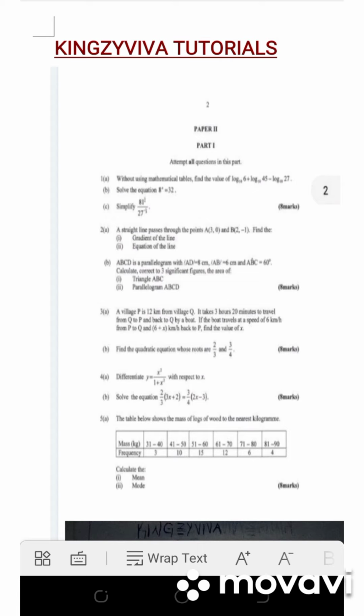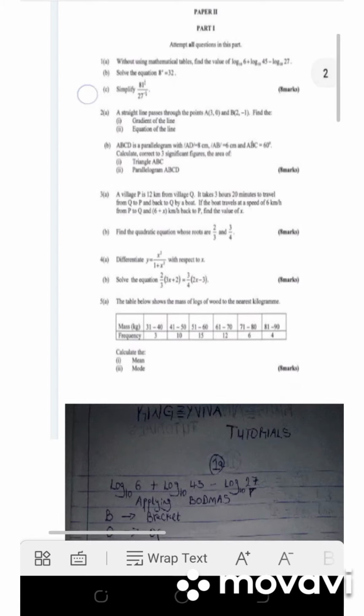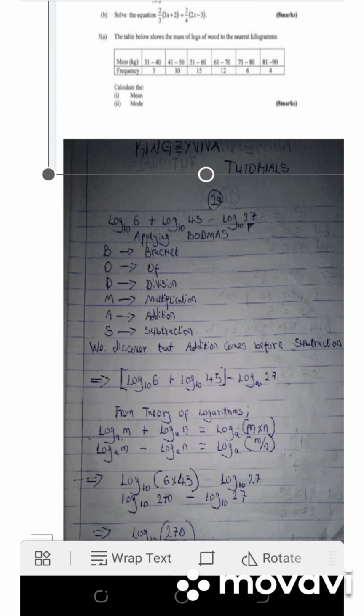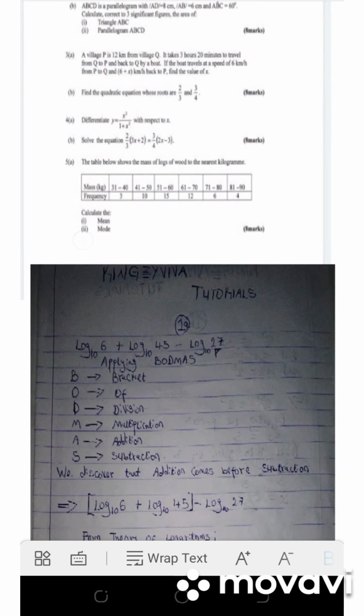If you see a math question in this form, you apply the theory of logarithms. The theory of logarithms is what you use here, not tables, not 4-figure tables. Like what I did here now. I had log 6 to base 10 plus log 45 to base 10 minus log 27 to base 10, and then I applied